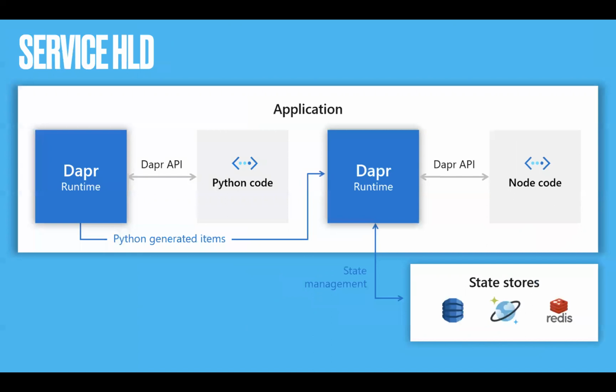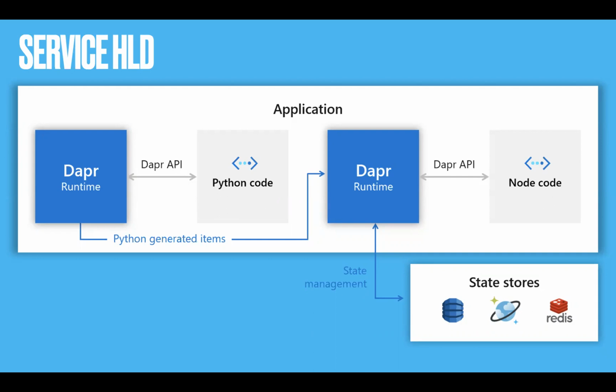And moving ahead, the second part is that I have exposed these get and post APIs written in Node using Dapr. And now I have another piece of code in Python. Okay. And this code calls the Dapr API, which is exposed using the Node code. And it is continuously saving new orders using the Python code and updating them in Redis.